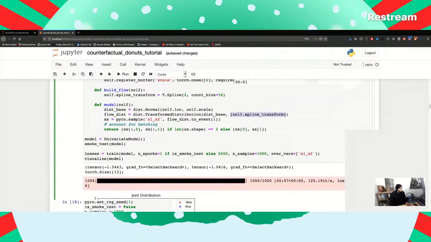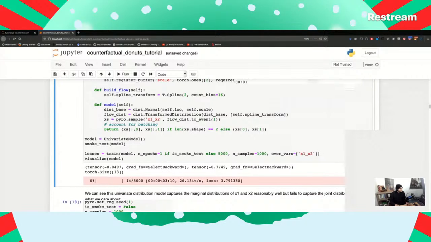And then we sample a value x, and then return x in some fashion, some tuple version of x. So we can smoke test it. All right, so that's training slowly. All right, we'll have to stop that.